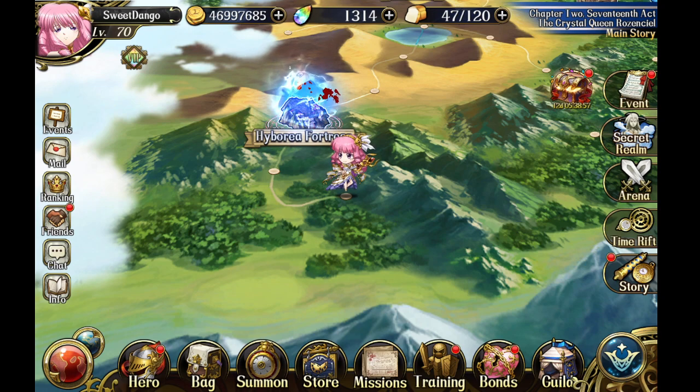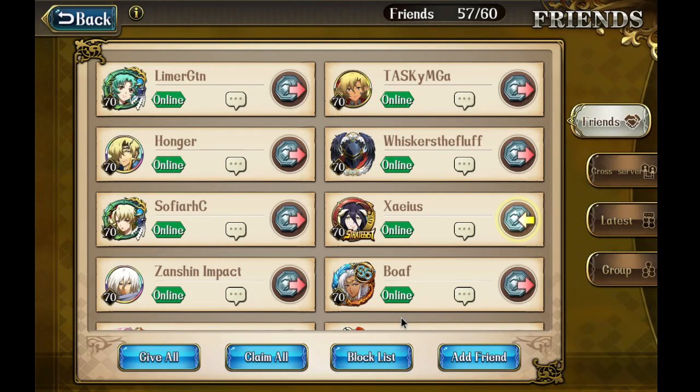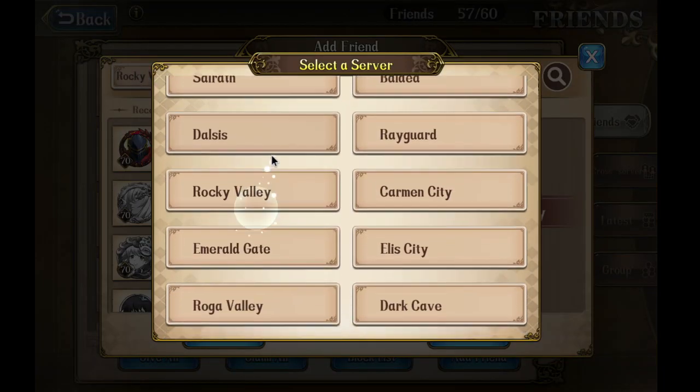versus Fenrir 36. So I heard the group was pretty tough, right? A lot of very close matches there. So let's see what's going on. From Dead Lake,